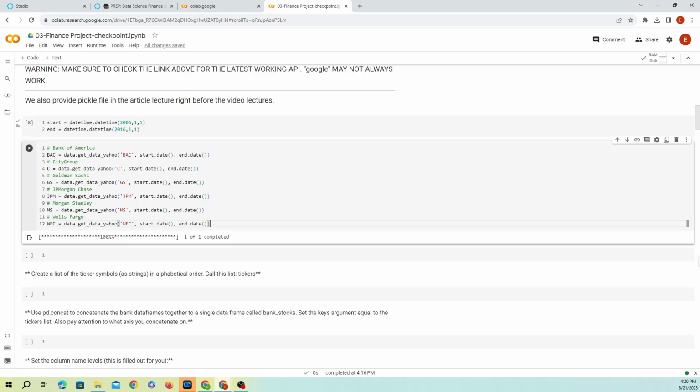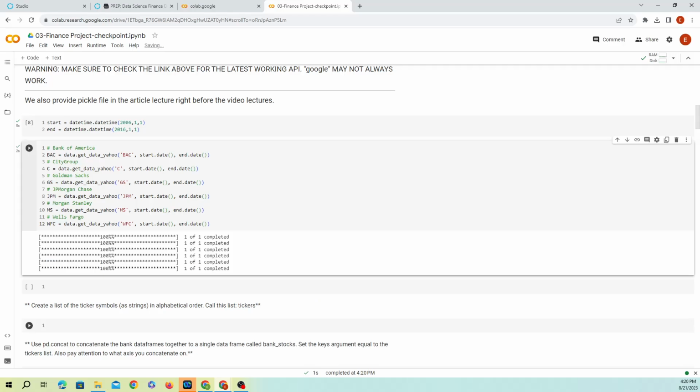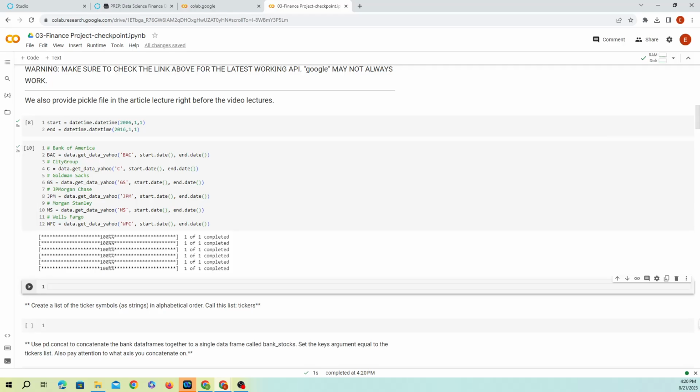And let's run this again, just to see if it's running. So as you can see, it's extracting the data from the website, successfully completed. All right. So the next thing that we want to do, we can actually combine everything in one single thing, but we're gonna skip this one. We're gonna go straight to the tickers. So we're gonna create a list of the ticker symbols that we're gonna use to be able to label our columns when we actually create our data frame.